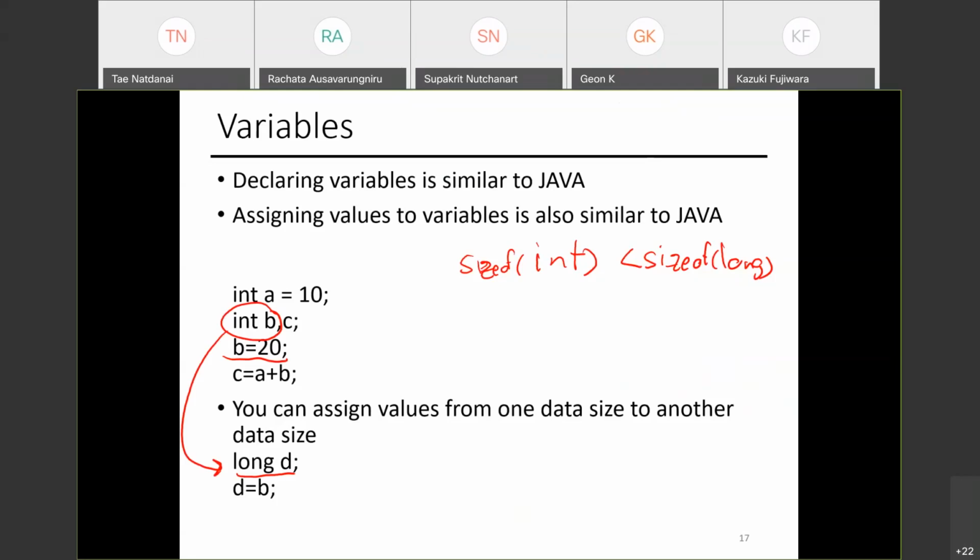We will talk about what it means to overflow in a few more lectures. So we are not going to discuss it now, to avoid making you even more confused. We will talk about this assignment in detail. All right. We just want to let you know for now, you can assign values to variables. There are ways to declare variables in C.